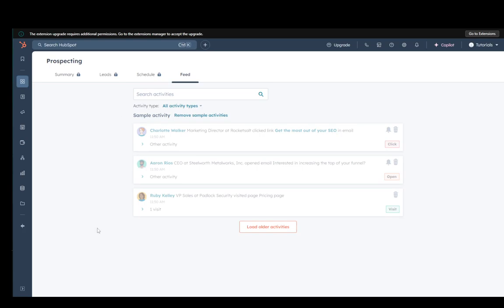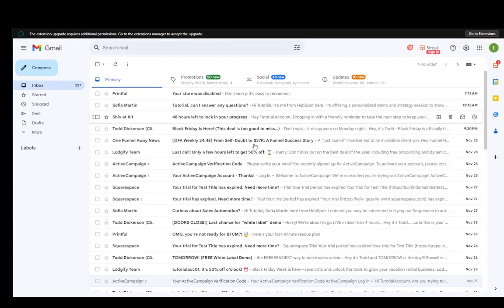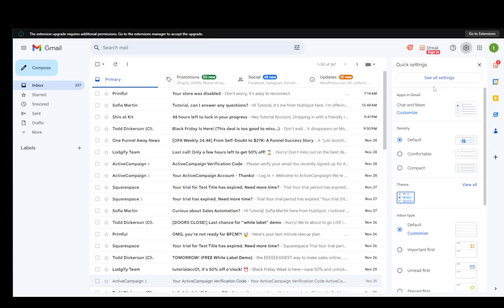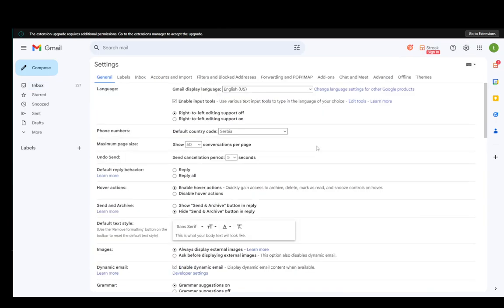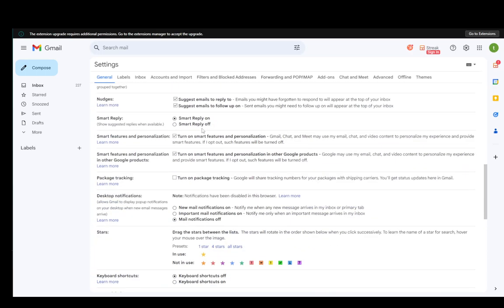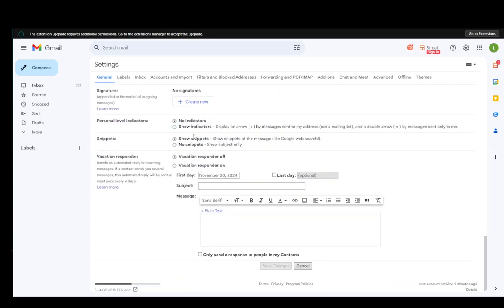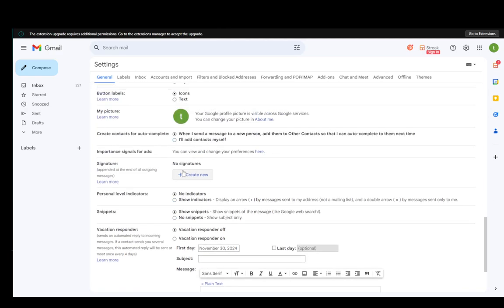Now, what you're going to want to do is go over to your Gmail account. Just go to your inbox or just enter your account however you want, then go into the settings tab, then click on see all settings, and then you'll get to this general settings tab. Now, you want to be on general. This is where your signatures will be, and if I scroll down, you'll see the signature tab somewhere along the lines of here. As you can see, currently I have no signatures, so I'm going to go ahead and create